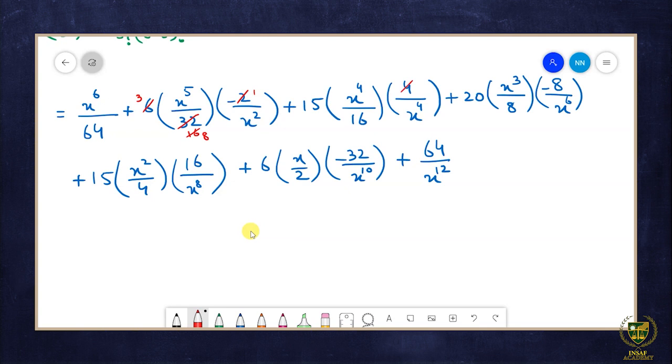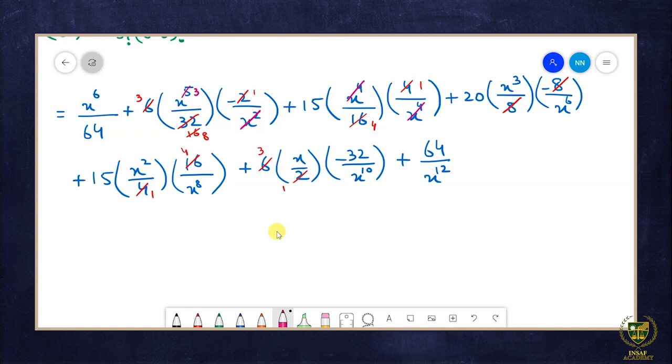4 into 1 is 4, 4 into 4 is 16, 8 से 8 हो जाएगा कैंसिल, 4 into 1 is 4, 4 into 4 is 16, 2 into 1 is 2, 2 into 3 is 6, x raised to the power 5 over x square is x cube। तो हमारे पास x की पावर आ जाएगी 3, x raised to the power 4, x raised to the power 4 के साथ हो जाएगा कैंसिल।